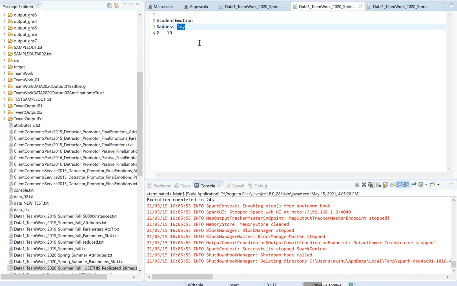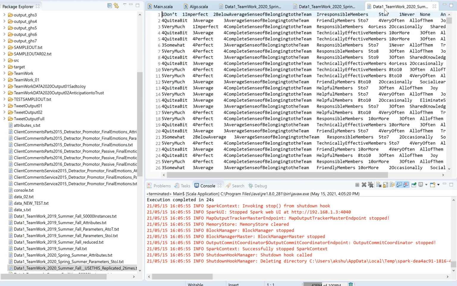So that's our motive here. And these two values show the support and the confidence value. So we need an action rule which has a minimum support of 2 and confidence of 10. So this is the data file, which is the data1 teamwork 2020 summer fall use this replicated 2 times.txt.